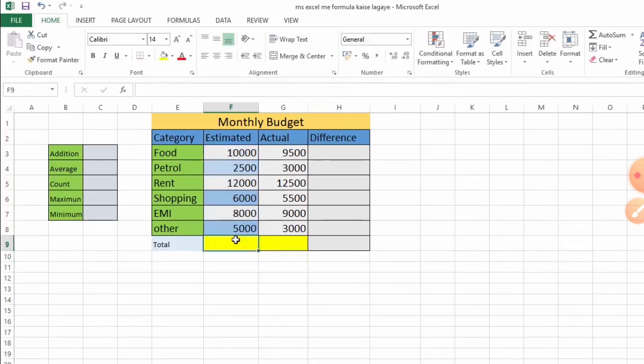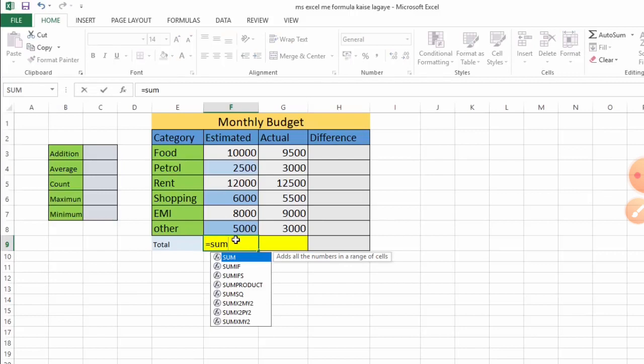We can also calculate it manually. For a formula or function, we type the equal sign, then write SUM as the function, then the first cell address from where we start to calculate, F3, and the last will be F8. Between these we include the colon sign, then write F8, or you can click on the cell of your last range.